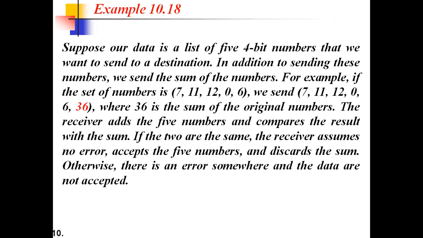So this is one way in your checksum. But another way is there. At the sender side, what we can do is, what is the sum here? 36. Instead of sending plus 36, we have to send minus 36, so that the receiver will calculate plus 36, then plus 36 minus 36, and the sum will become 0. If he gets a final total of 0, then he will assume that no error has occurred.